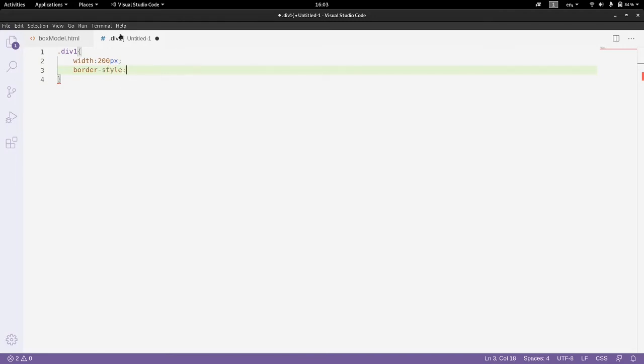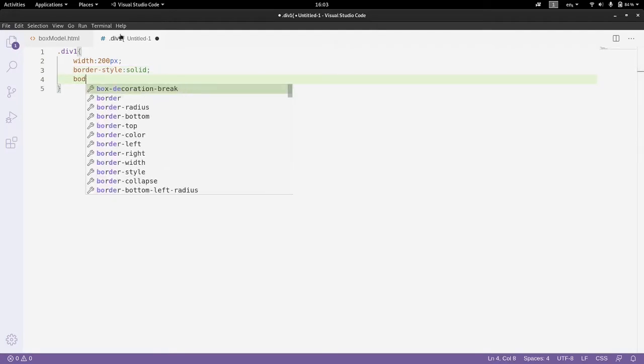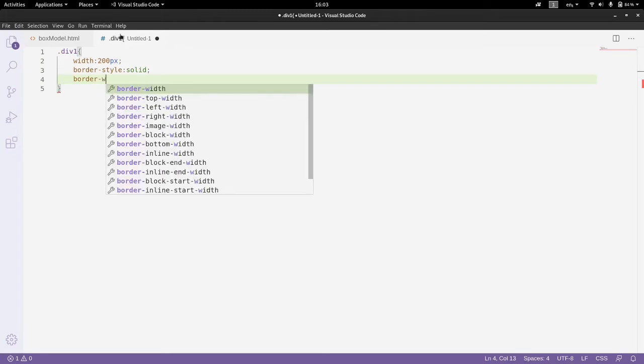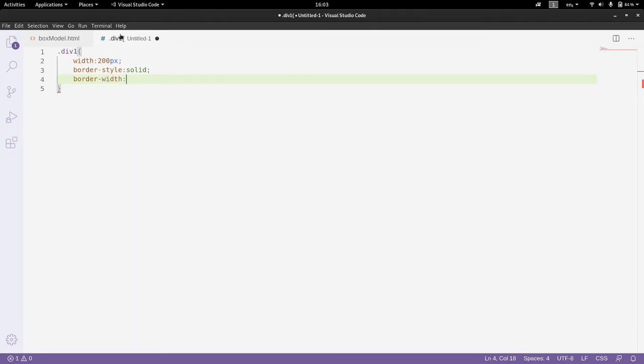To change the border style, we will just write border style, and we can have several types of borders, like a solid one, or another style can be dotted or dashed or inset or ridge, and there are several kinds of border styles. You can have a look at any of the CSS references for the border style property, and you will get all these values. We will set a border width of say 5 pixels,